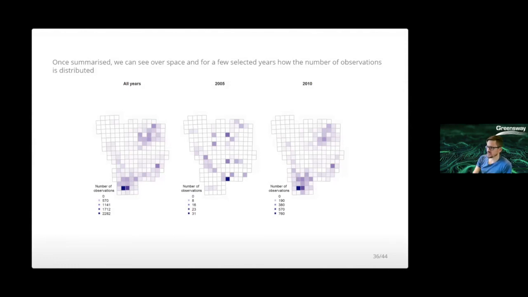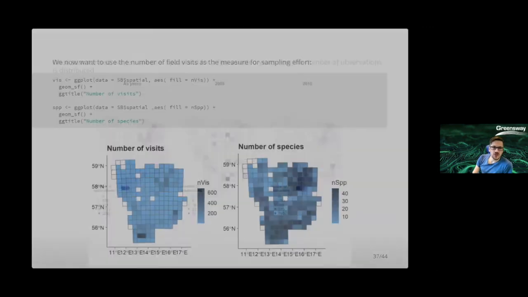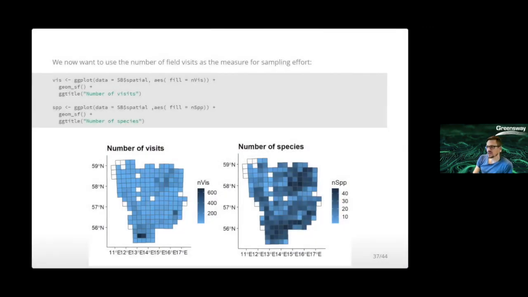summarized by, for example, number of observations, which is one of the variables that comes with the summary in this package. So in a few lines of code, you can get these plots showing time series, how this opportunistic data varies. You can also make other kinds of plots